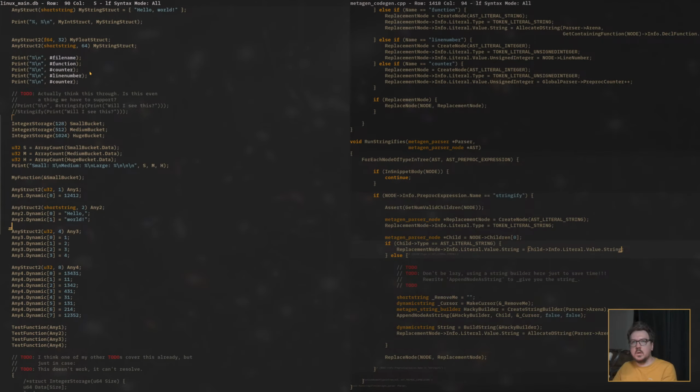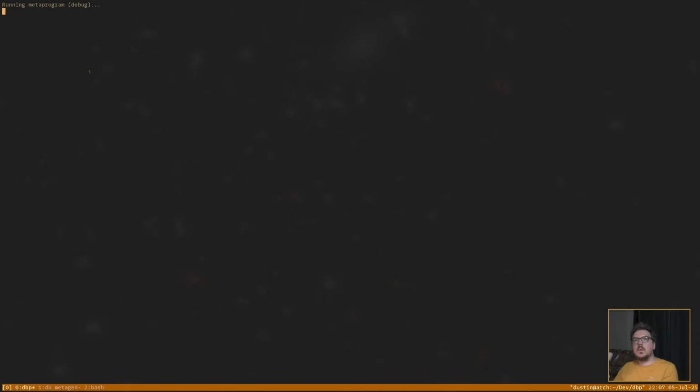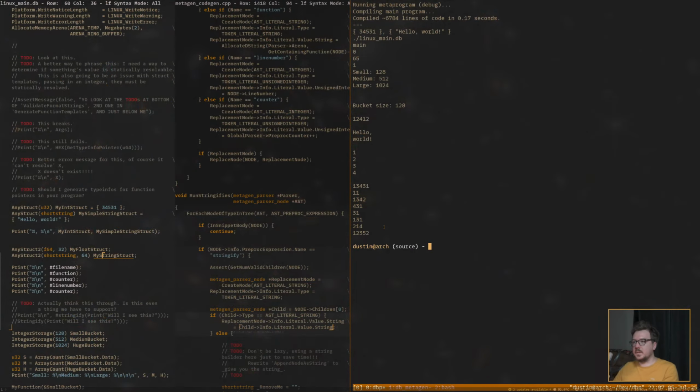Oh, I already have something called my string struct. Simple. Look at that. Everything prints out like it should. Everyone's happy. Let's put this side by side so we can see what we're doing here.